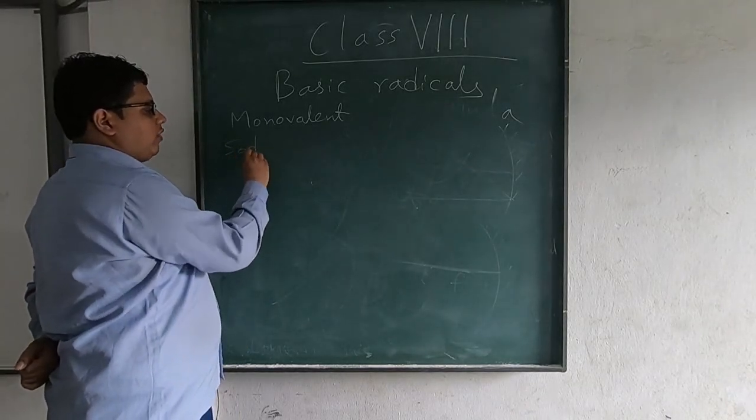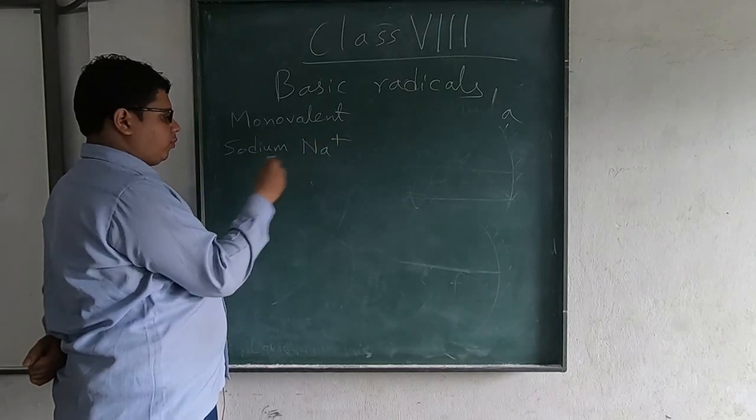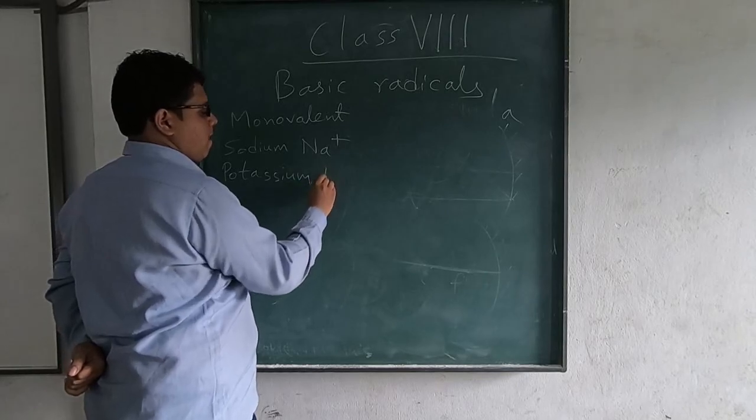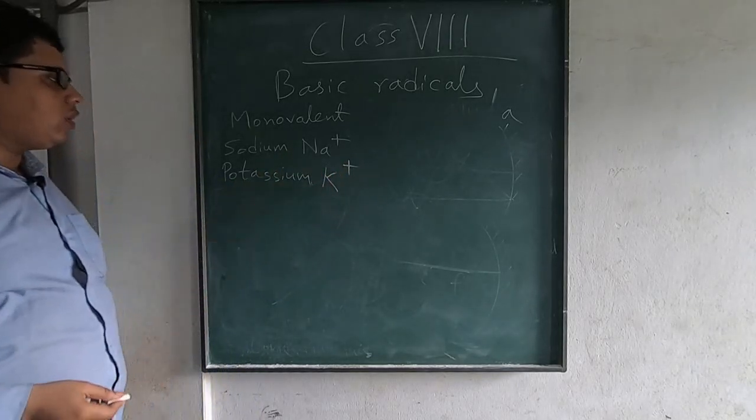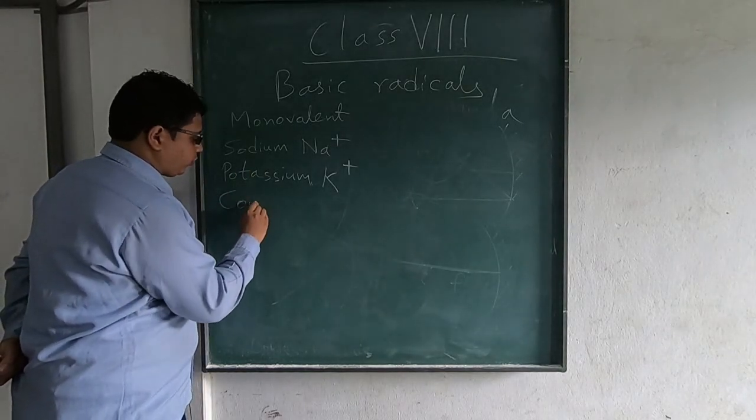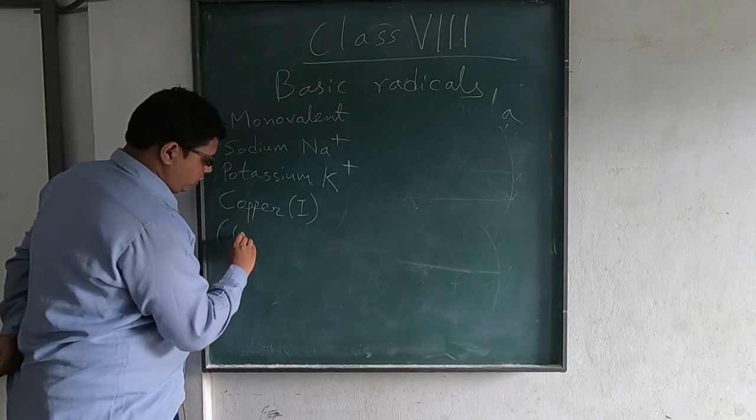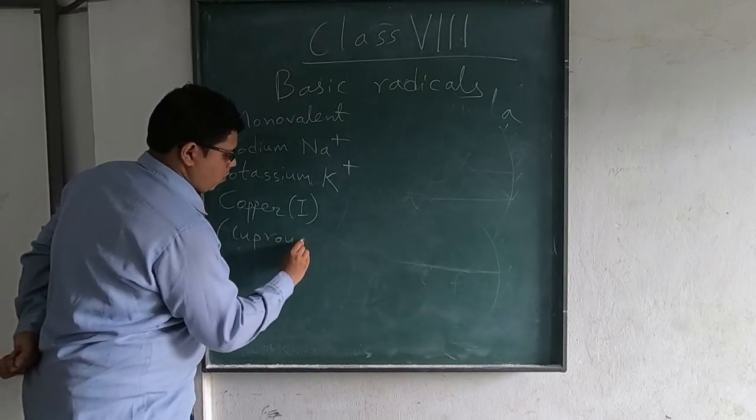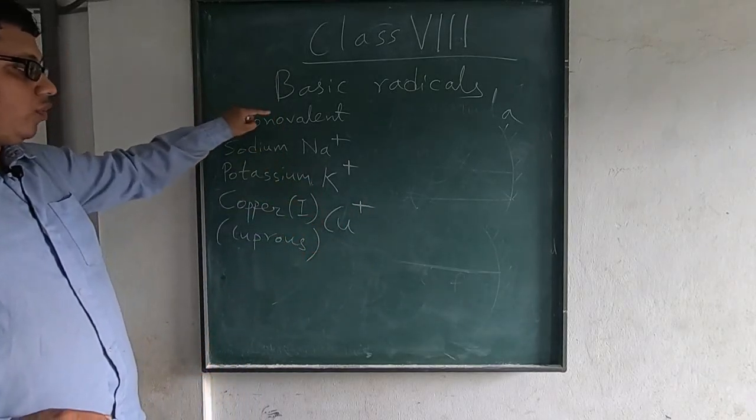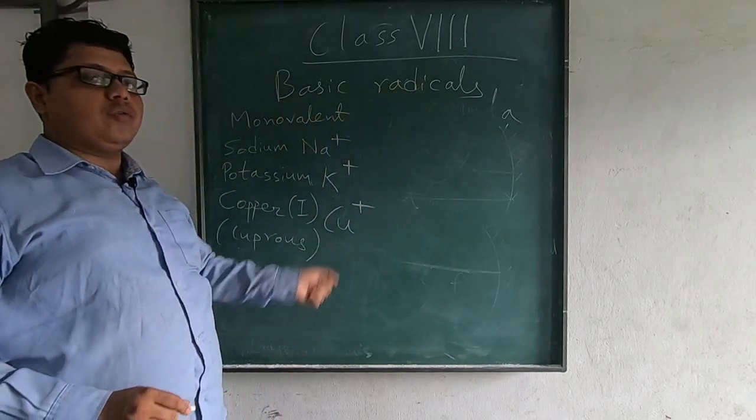So you'll have many of them. I'm just showing a few. You'll have names like this: sodium, say Na plus, and you will have, say, potassium, and so on and so forth. You'll have a list of these. Let me show another one here. It will be copper in bracket 1, or it is also known as cuprous, Cu plus. So whoever are having plus 1, they are monovalent, and since they are plus, they are basic radicals, okay? So we have a list of monovalent,